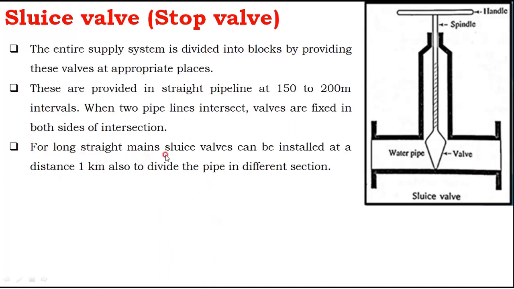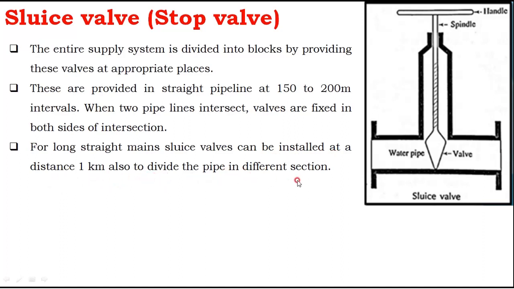For long straight mains, what do mains mean? Again, large diameter pipes. Very large diameter pipes are called conduits. Smaller large diameter pipes are called mains, and still smaller ones are called just pipes. Then for long straight mains, sluice valves can be installed at a distance of 1 kilometer also